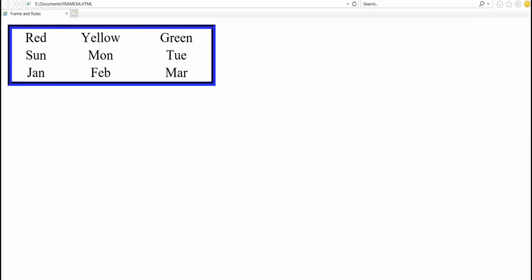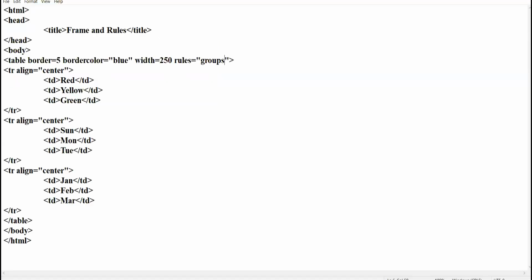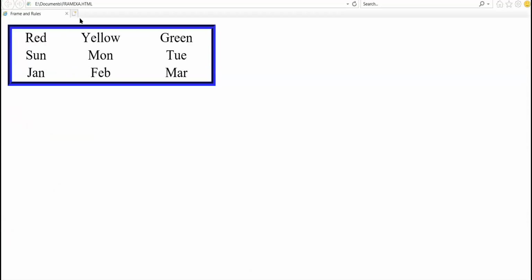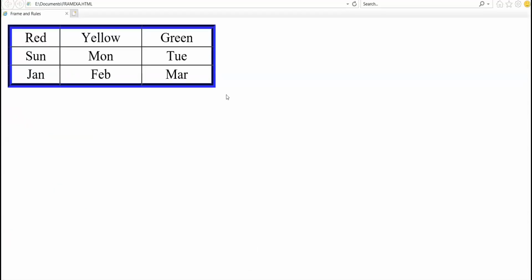You will notice no border around rows, no border across columns. The entire data is appearing as a complete group. Then the next value of the rules attribute is all. All means border row wise as well as column wise. The normal table.